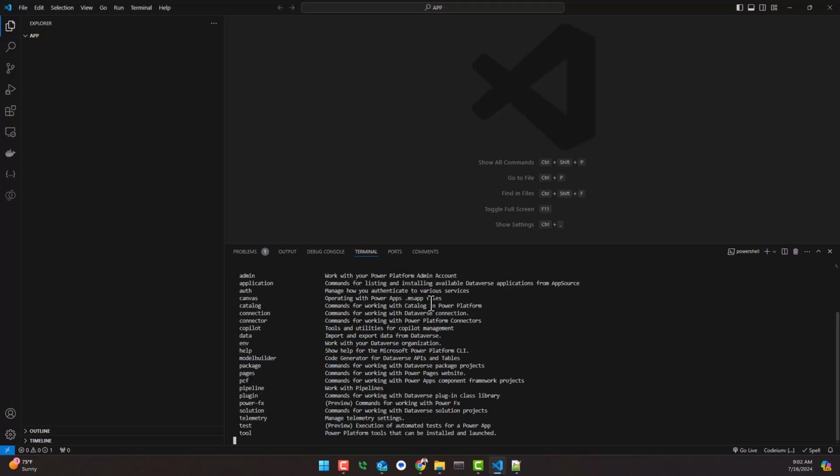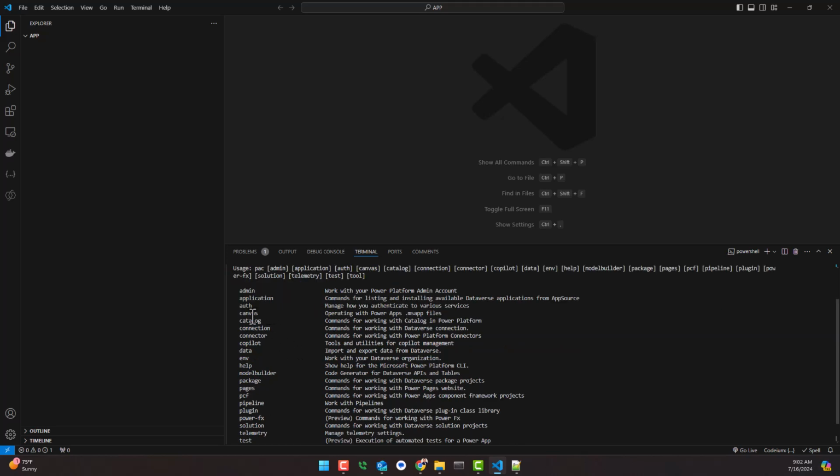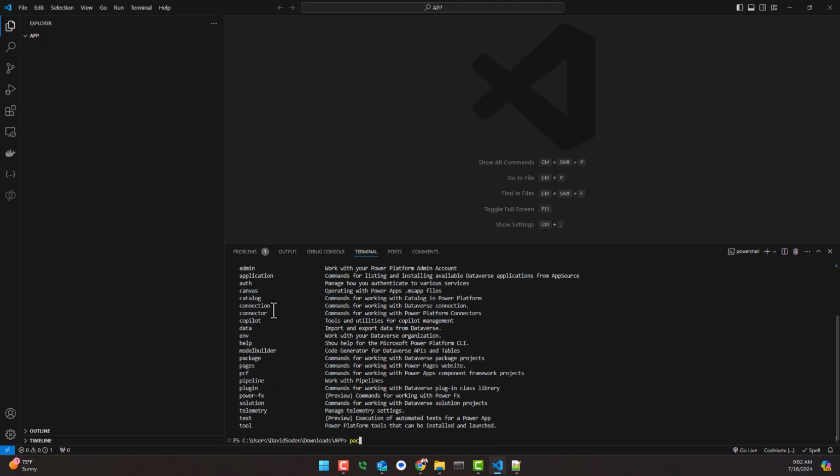So if I just type in pack and we'll see what we get. These are all of the commands that we can do with the command line interface. Now, I'm not going to go through all this. I have other videos that talk about the command line interface. You can search those on my channel. But I want to just drill into this one function for Canvas, specifically the pack and unpack